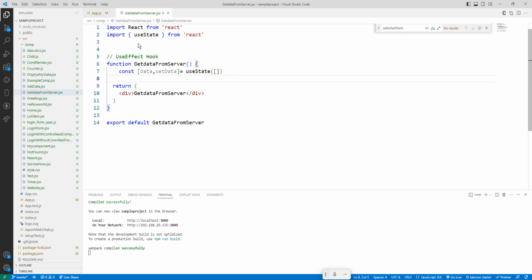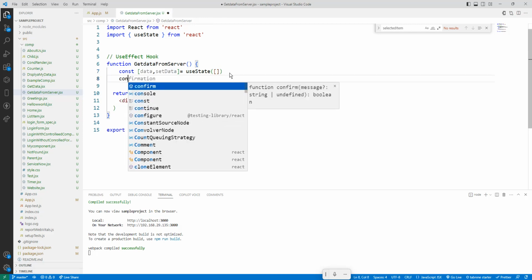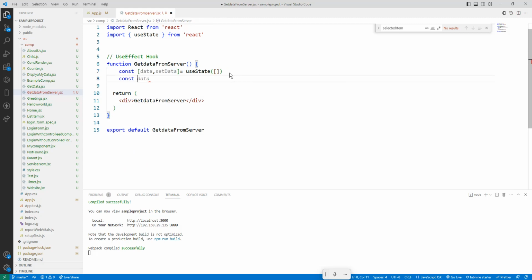Okay, data is there. This is an empty array. Then I want to use one more useState to store the boolean value. What is this one? isLoading, setIsLoading equals